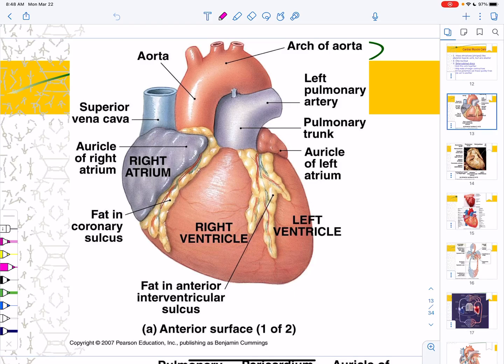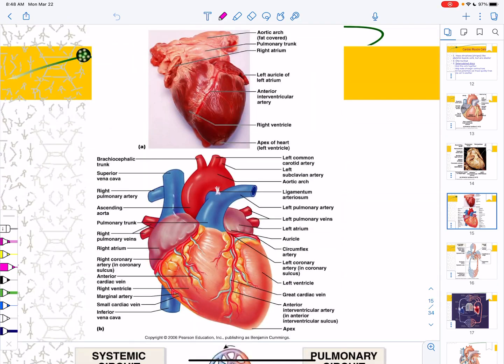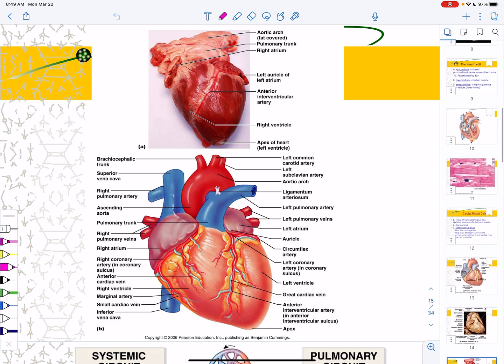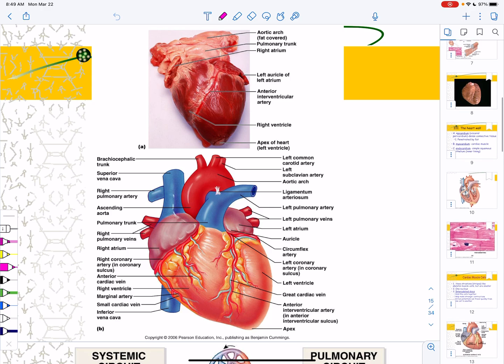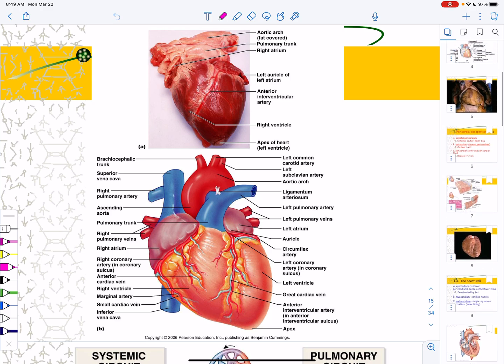Hello, good morning. This lecture is going to be over the heart, and specifically, it is going to be over the heart chambers and valves. So, the last lecture that you watched should have covered the anatomy